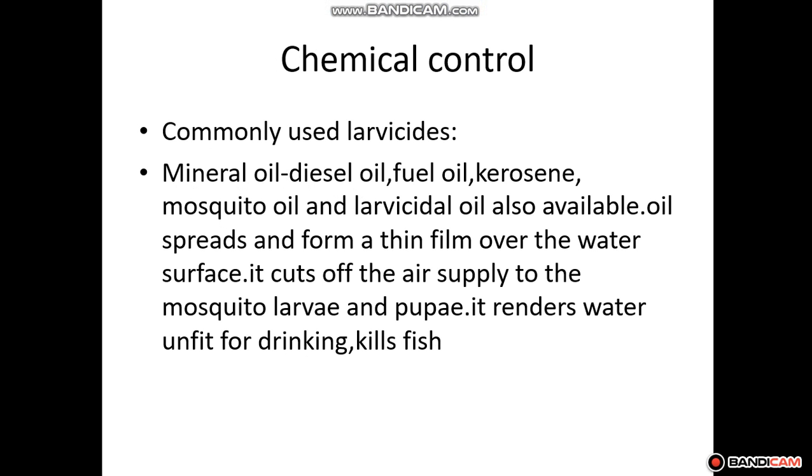be used. What happens is that once this oil is spread over the stagnant water, a thin film is formed by the oil, and it cuts the air supply to the larvae and the pupae. Thereby it renders water unfit for drinking and kills the fish. Killing the fish, in the sense, it is killing the larvicide. Along with that, it is killing the aquatic life also, and since the chemical is being added, it is not